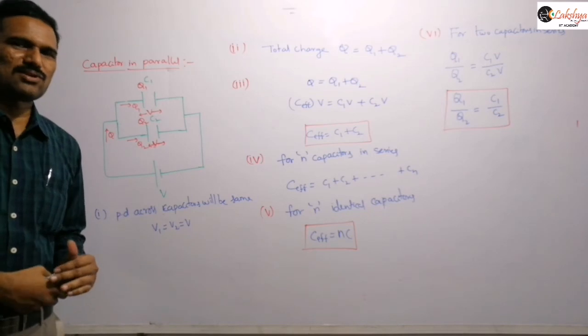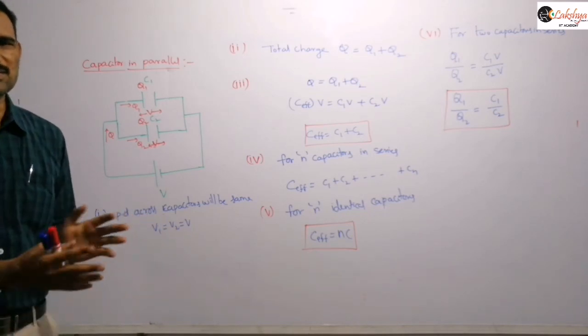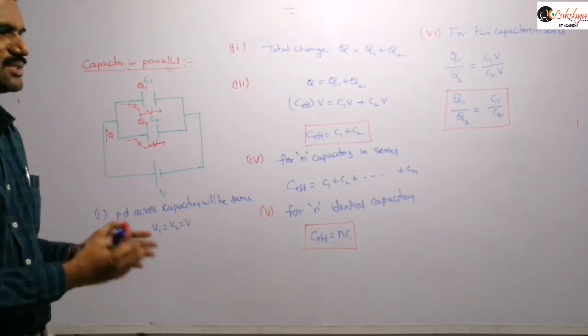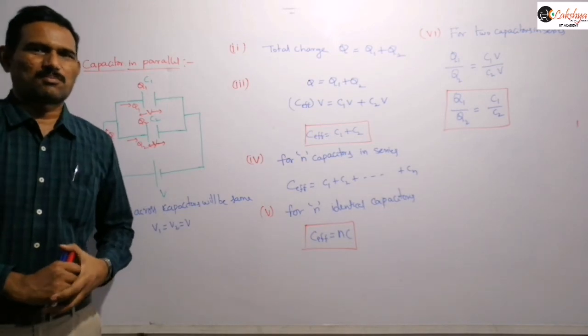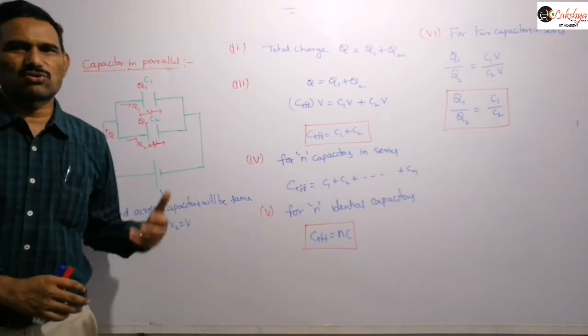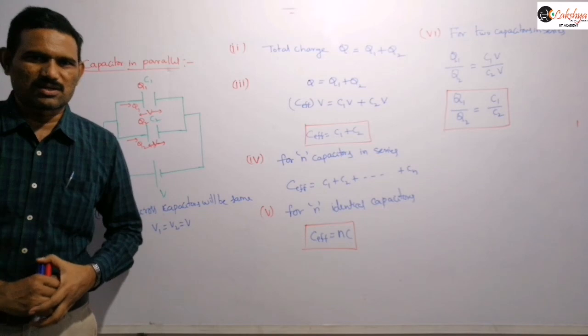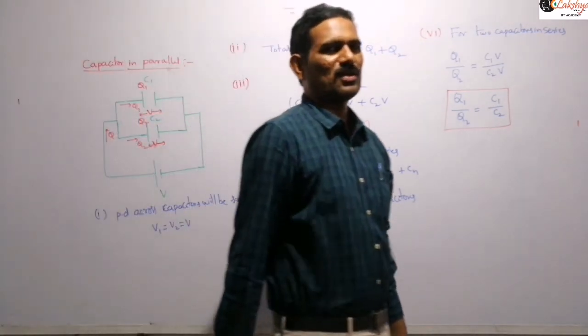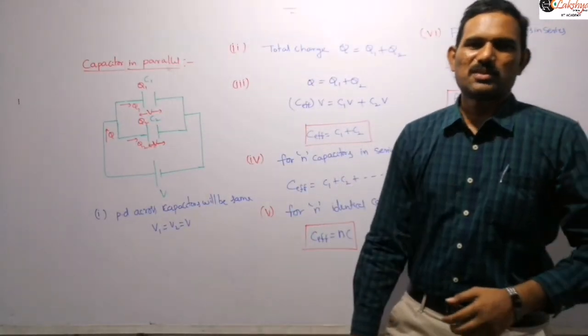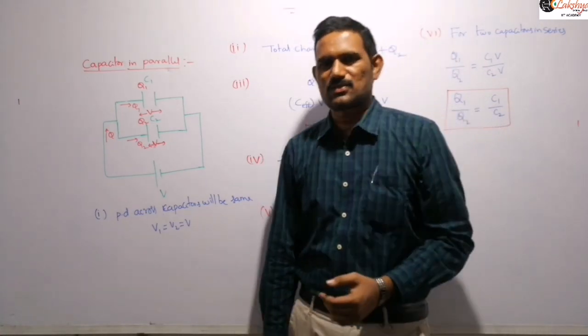So again I am saying, don't confuse the formulas regarding the series and parallel combinations of resistors and capacitors. Remember them clearly, because in problems you may get confused and apply one formula instead of the other, right? I will explain the problems based on series and parallel combinations of capacitors, and next the sharing of charges, in our next class, right?